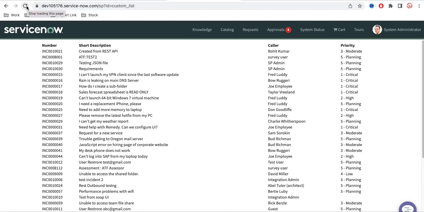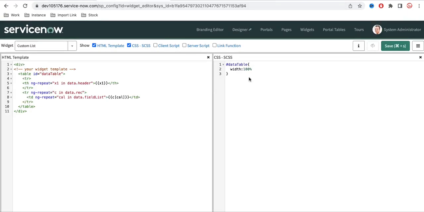Now I am planning to make a border for this table. So what I'll do, each cell should have a border, right? Each cell means this is the TD, right? These are all TD, and these are all headers, TH, and these are all rows, right? So all TD or all cells should have a border. For that I'll say hash data table space TD comma hash data table